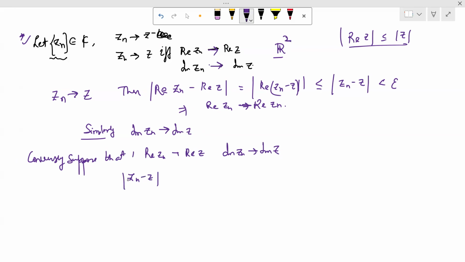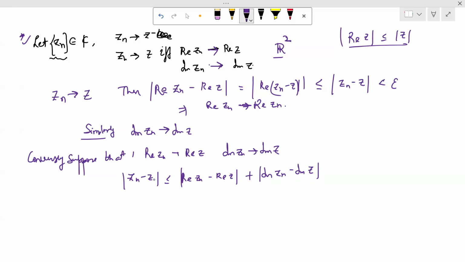And obviously, because Zn is what? So I can write this as less than or equal to the modulus of the real part of Zn minus the real part of Z, plus the modulus of the imaginary part of Zn minus the imaginary part of Z. I think this is quite evident. You know already that